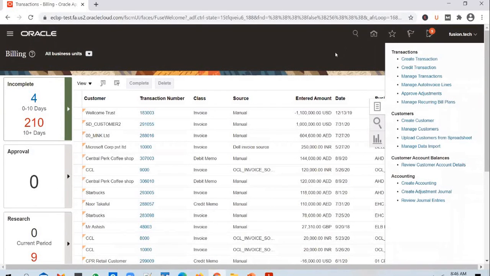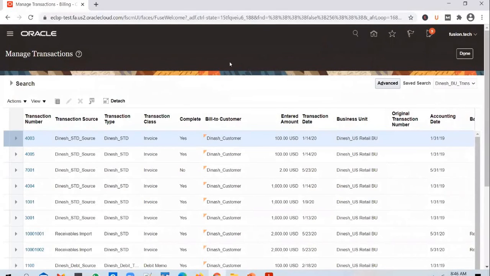In the AR module, accounts receivable module, transactions will be created, and it could be an invoice, credit memo, or debit memo. Those transactions need to be printed and sent across to the customer, saying that we have delivered this service or product, and for which you need to make a payment of this much amount to us by this date.